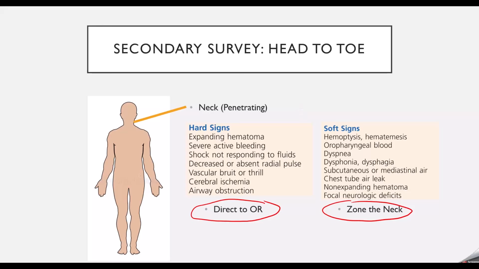As you're going through these, you can look: if you see bruits or thrills, yeah, sure. You see expanding hematoma, of course. You can also get active bleeding that has pulsatileness. That's going to be a hard sign as well. Your soft signs are going to be right here as well: chest tube air leak,